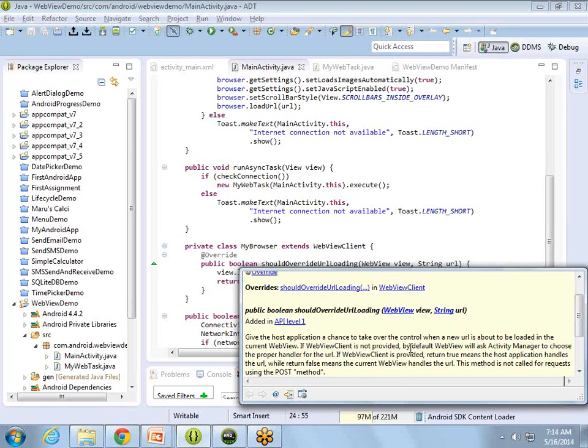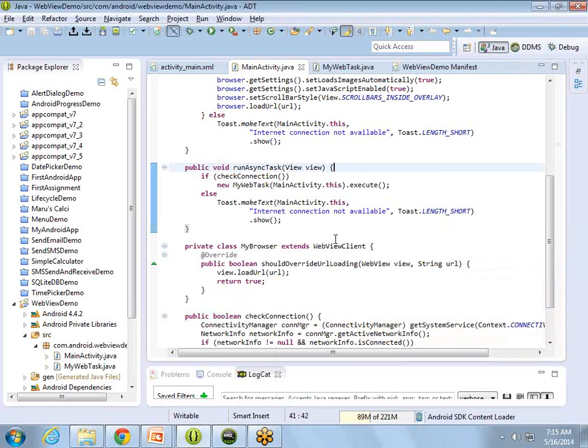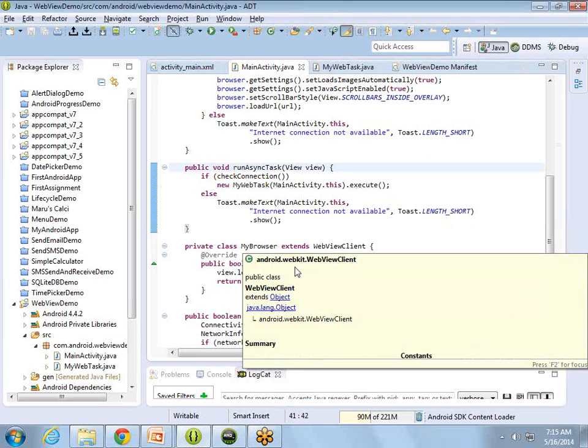If a WebViewClient is not provided, the default web view will ask the activity manager to choose the proper handler for the URL. For a URL, the proper handler would be a web browser, so that will be called. If a WebViewClient is provided, returning true means the host application handles the URL, the web view itself will handle it, and it will not call for the request using the host. So this is the WebViewClient that is present in